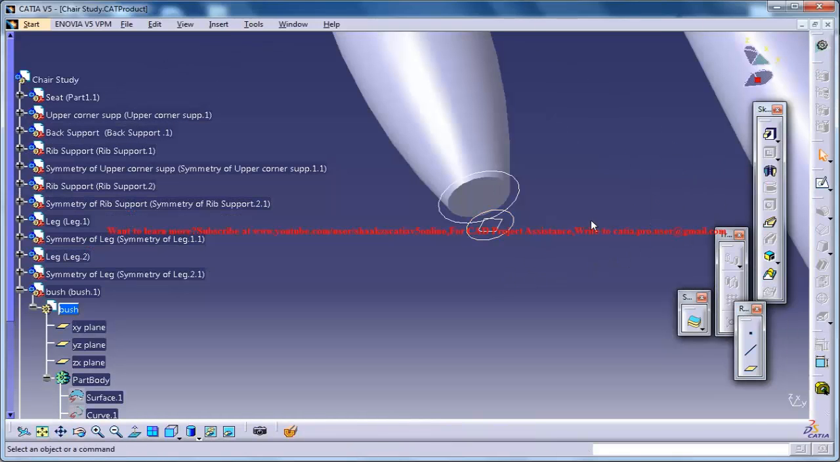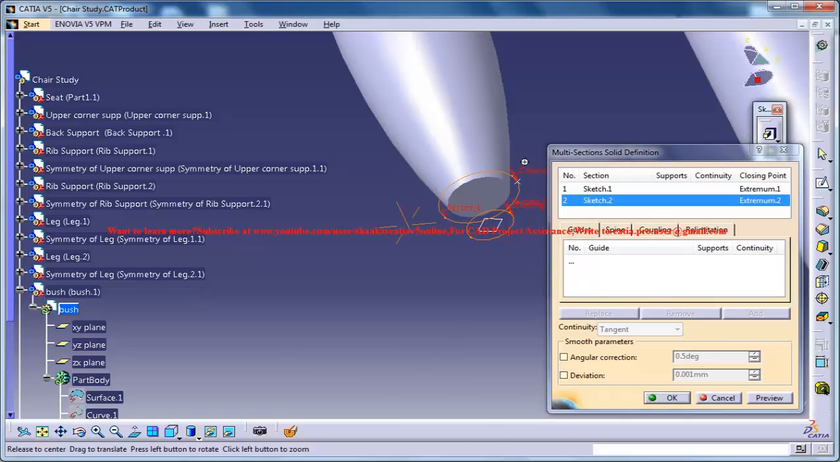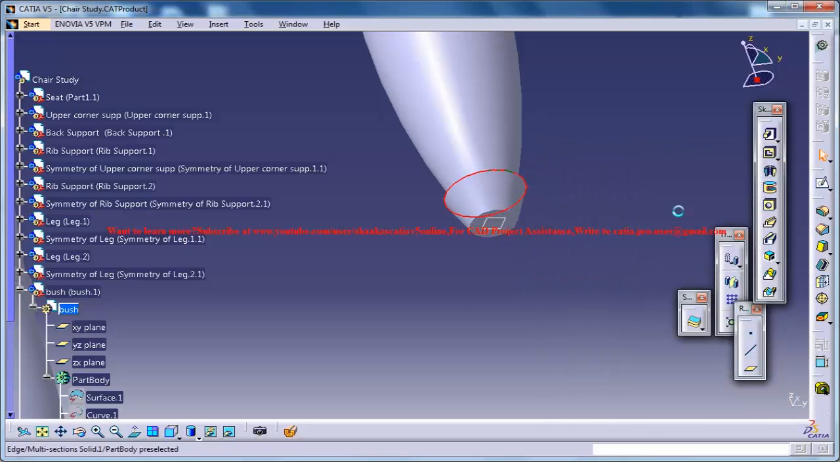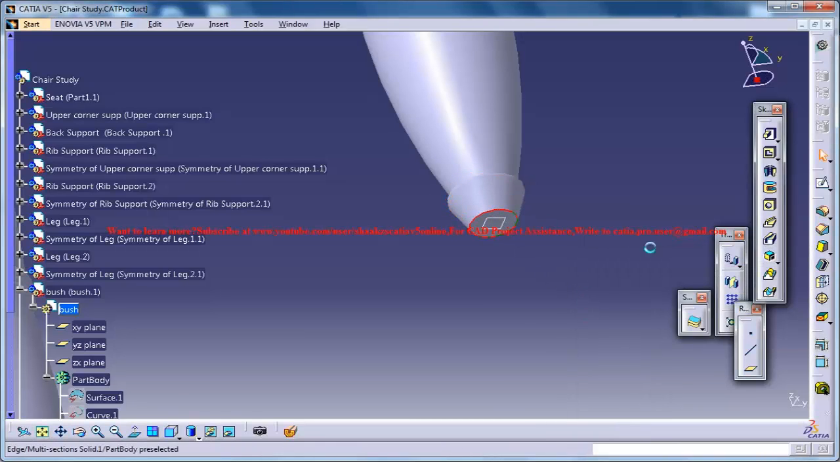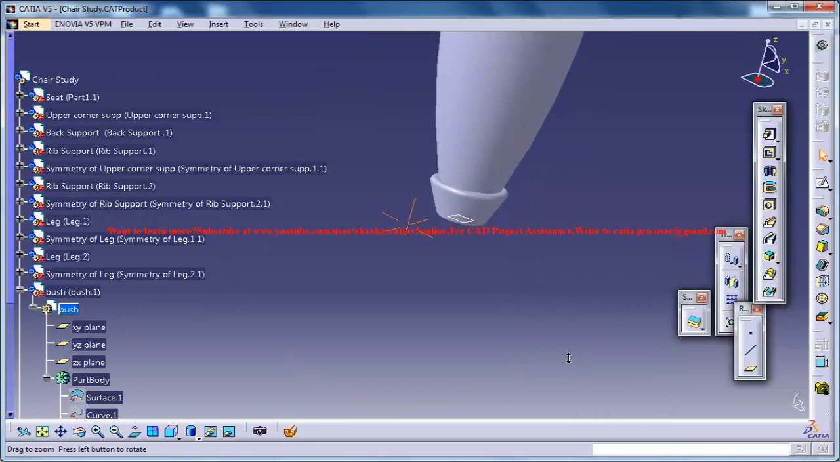Exit, and now go for multi-section and select these two. Make sure the arrows are pointing on the same side. Click on OK, and then go for edge fillet and create an edge fillet of maybe 3 will be too high. 1 will be sufficient. Create an edge fillet all over here also. Alright,